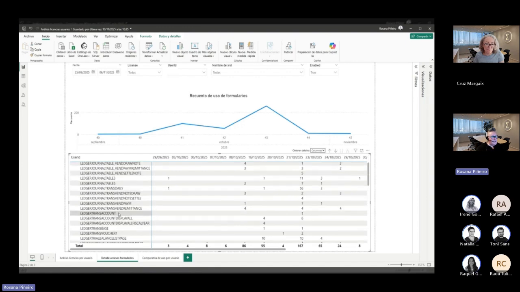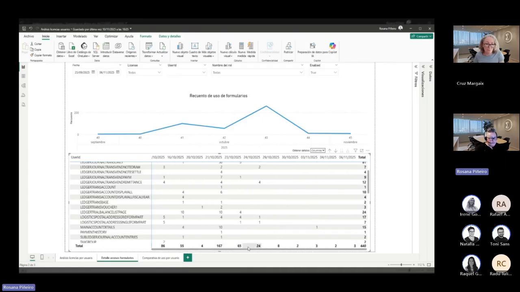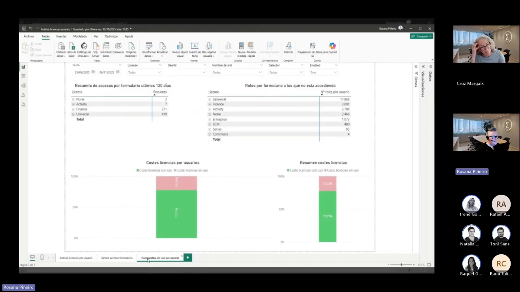So if we use different filters, we can actually see the actual day that the forms have been accessed. This can be compared across different months to see if it's something recurrent, or if it's just something that happened punctually that month that they had access to those areas. Also, we can see here a bit more graphically the cost of these licenses. Here we can see in green the actual use and the licenses we're actually using, and in pink we're looking at 22.23% of usage that's not being used by the user.